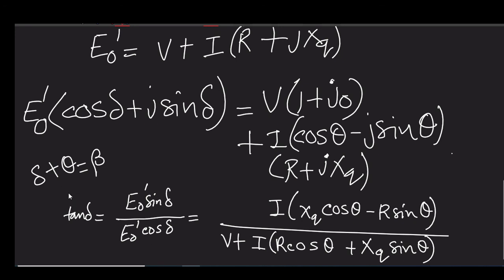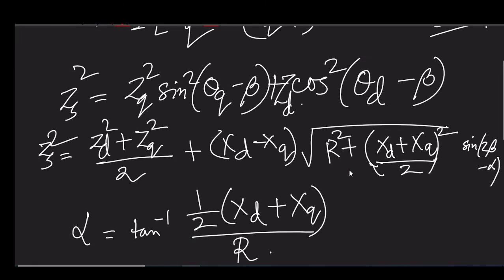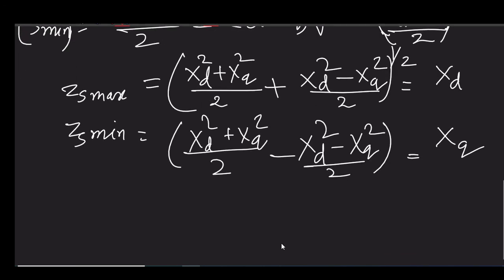So beta is also a function of theta alone. If we keep theta and I constant, we can expect a constant beta,